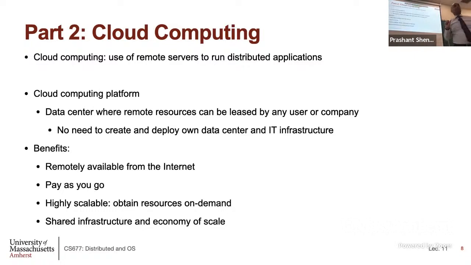The other main aspect of cloud computing is you don't own your servers, you actually rent the servers. So you basically go from an ownership model to a rental or leasing model. It's somebody else's server that you are leasing, and you are just deploying your applications on them. So that's the other big change. You are no longer creating your own IT data center. You are just using servers that some other provider gives you, and then you rent them and run your applications. So remote servers and servers that you lease to run your application.